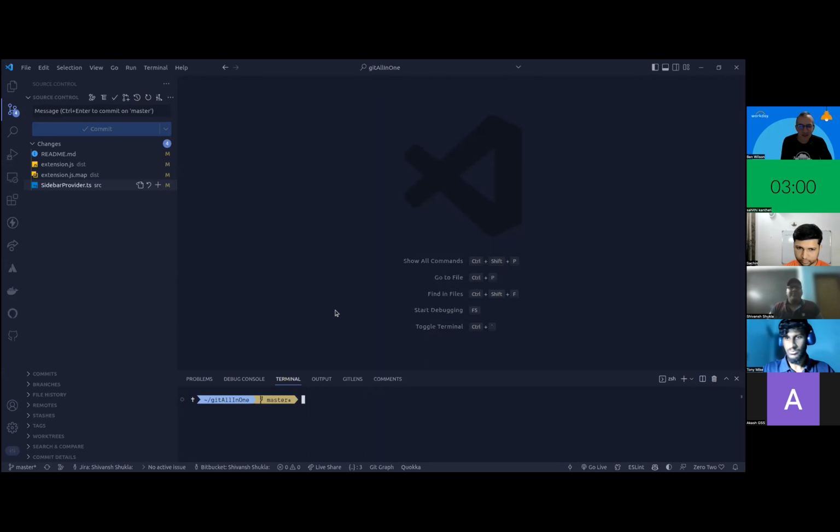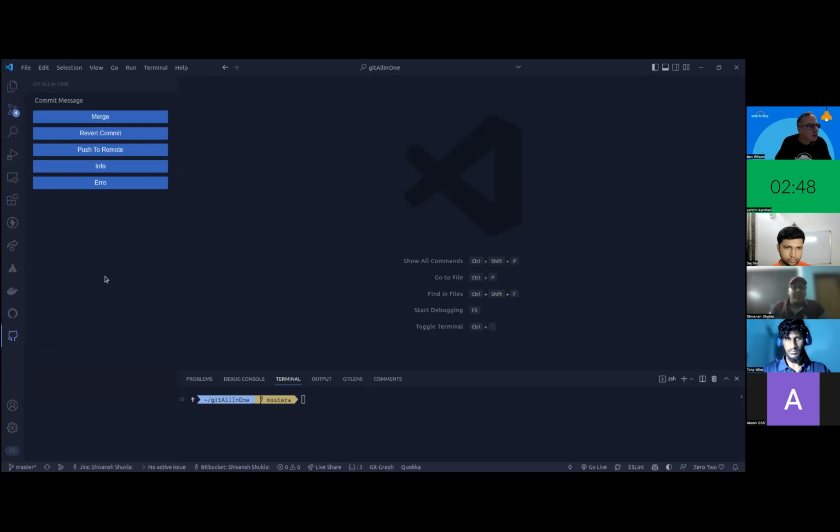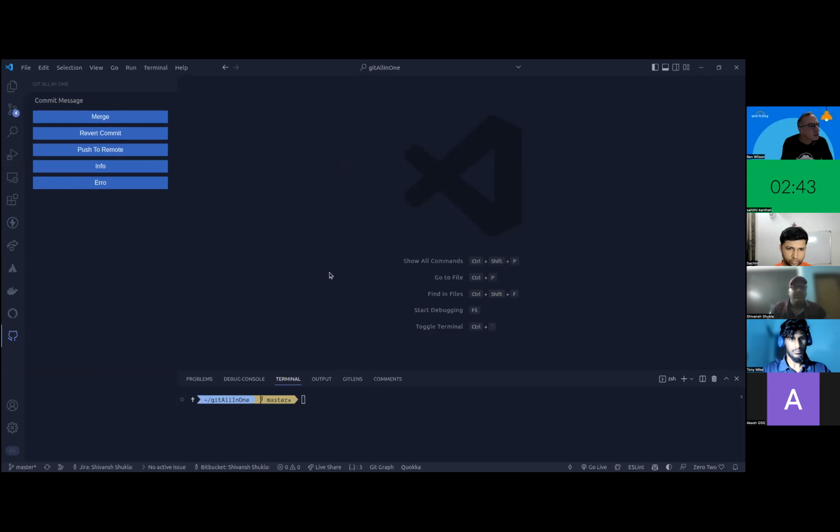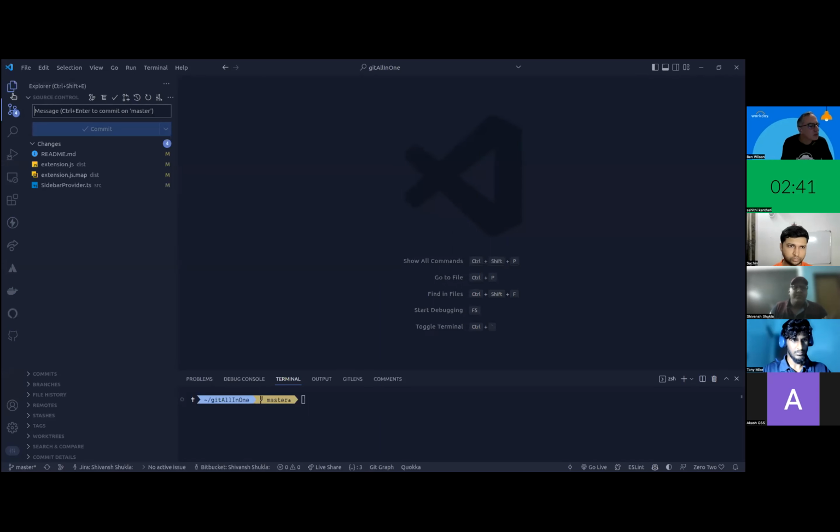So my name is Shivansh. My teammate's name is Tony, and we are here to present Gita. So I'll just quickly get to that extension, and then we'll introduce ourselves. What problem this solves is, suppose I have